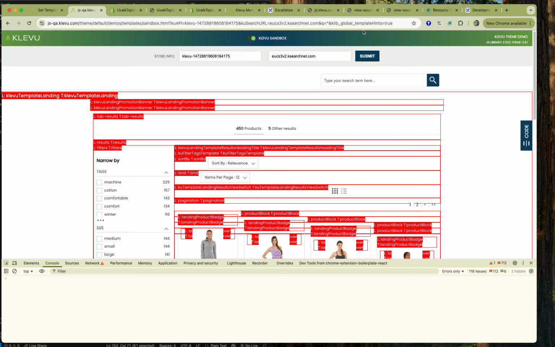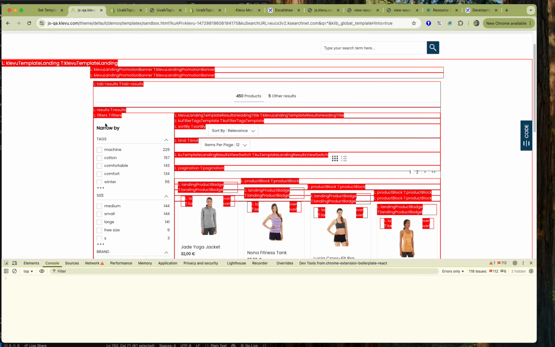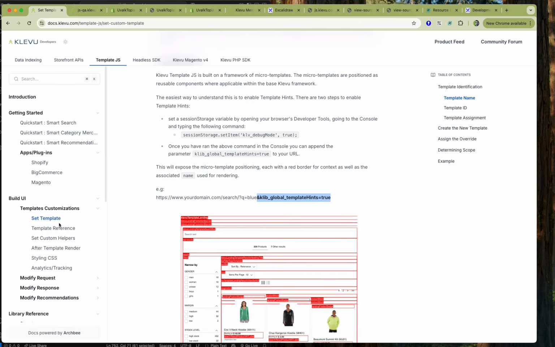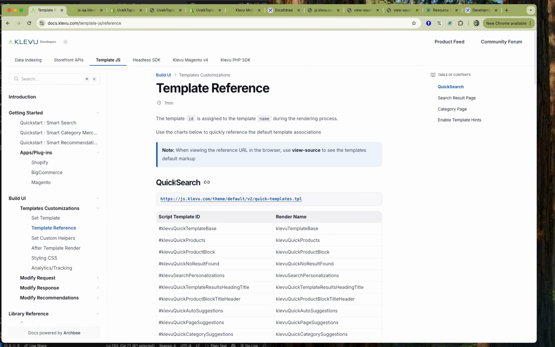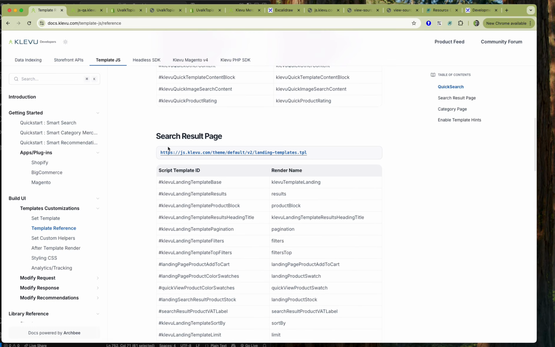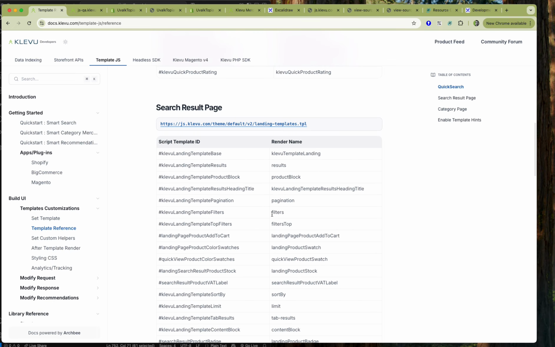And because I enabled that session storage variable, it turns this on. And essentially now I can see by these red boxes that this whole section is something called filters. If I come back over to the template reference, and this isn't quick search, that was the search result landing page, I can look for filters. Then I can find this Klevu landing template filters, copy that,